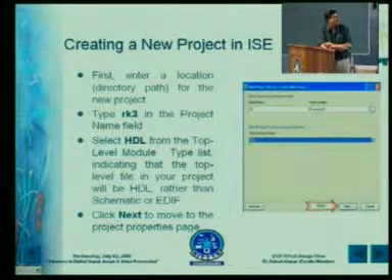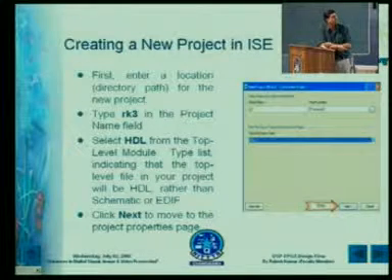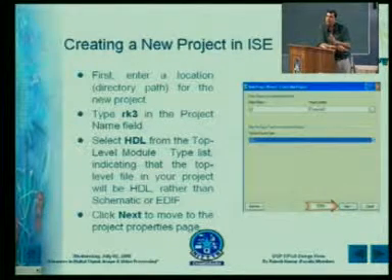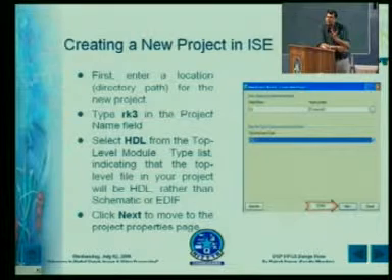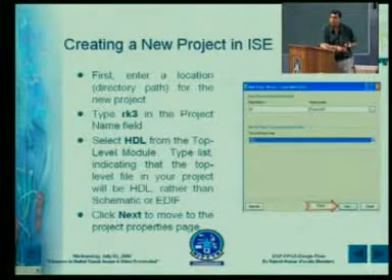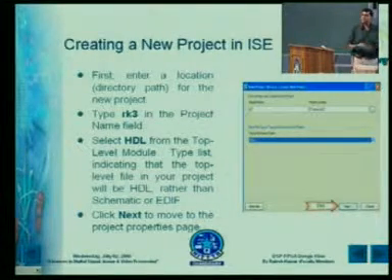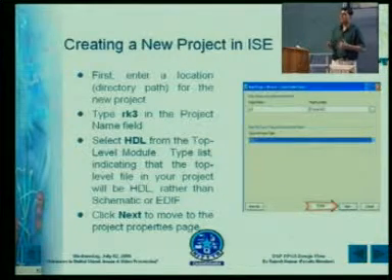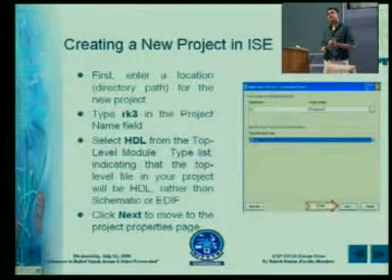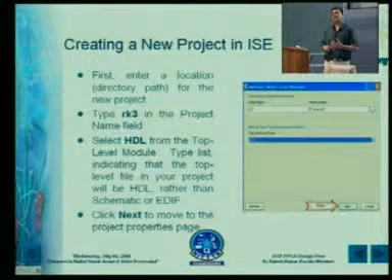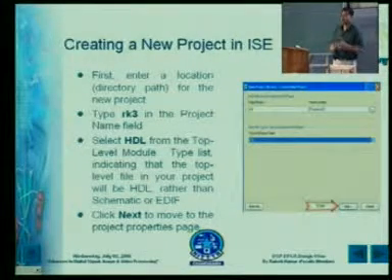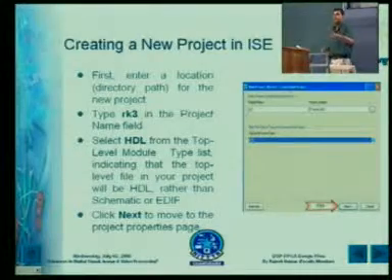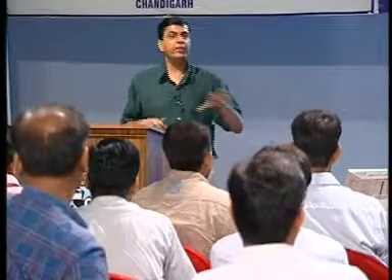the project. Here you can select the source type, whether you want to create an HDL source or design your schematic. There are different options. In ISE you have 2 options. You can go for schematic design, where you will get different gates and registers.